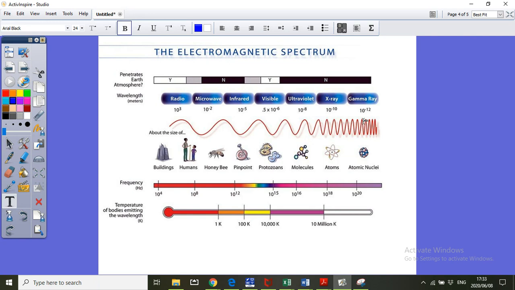Because if the speed is all constant, I'm going to write it down in an equation now. If the speed is constant, as the wavelength goes up, the frequency must go down. So those two are inversely proportional to each other. The other thing I wanted you to see